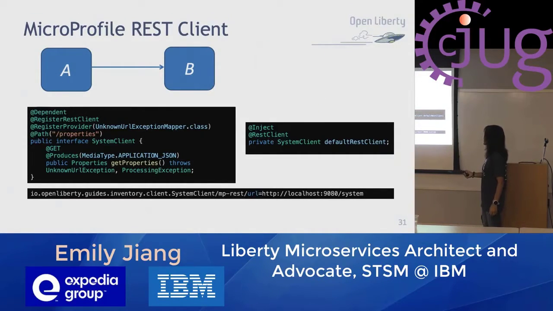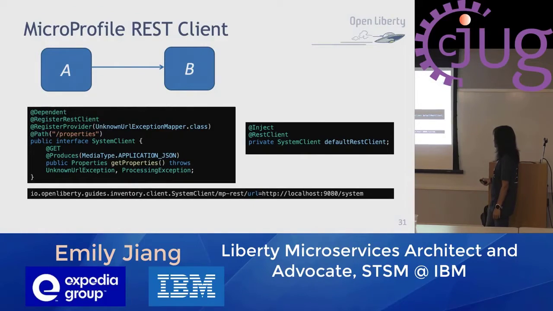Now, to establish this link from A to B, how can you do it? Obviously, you need to find out what's in here, right? So how can I declare what's in here? You use this annotation, @RegisterRestClient, and then describe the interface. What's an interface? If you don't know interface, it's like a socket thing. And then it's what's in this interface.